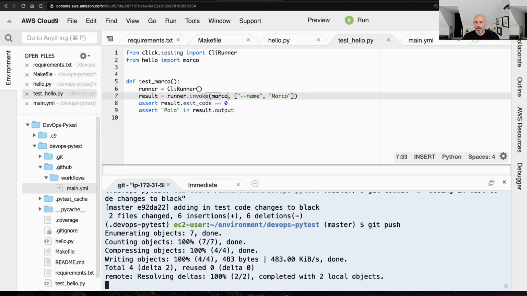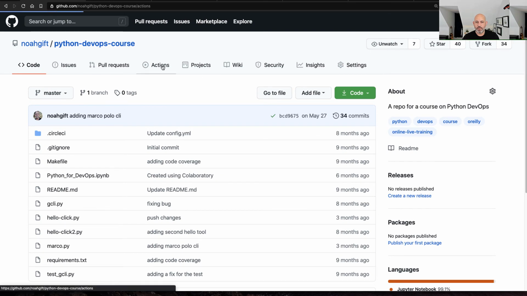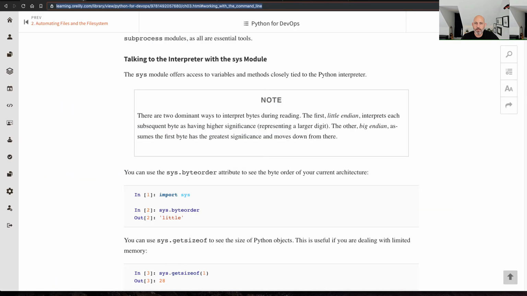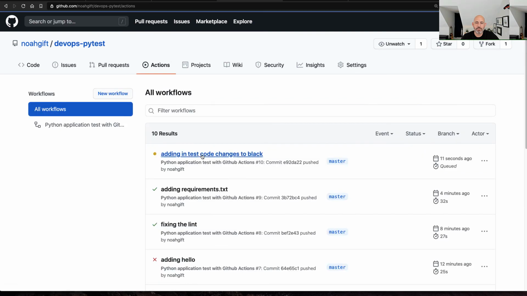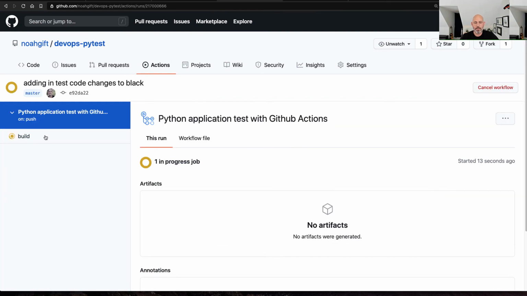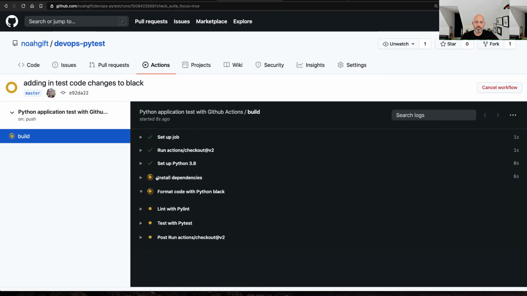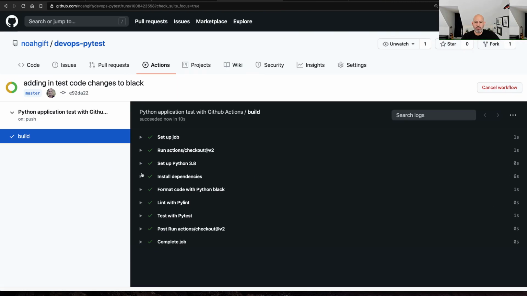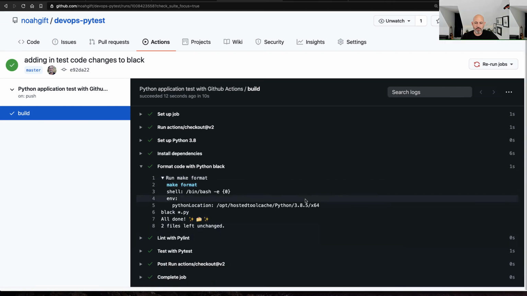So again, if I go back to my GitHub Actions here, we can just double check that all this is working. So actually, wrong project. I'm going to close that project. It keeps confusing me. So if I go back to this GitHub Actions, you can see, here we go. The setup Python 3.8, install dependencies, format code. All these steps are working properly, and additionally, when I look at this Python black command here, you can see that